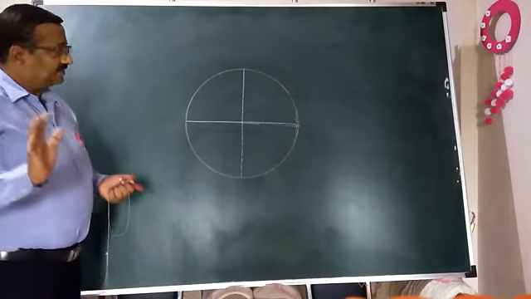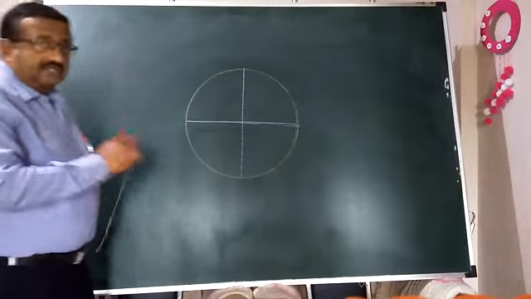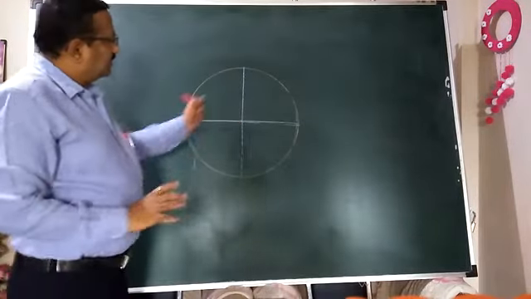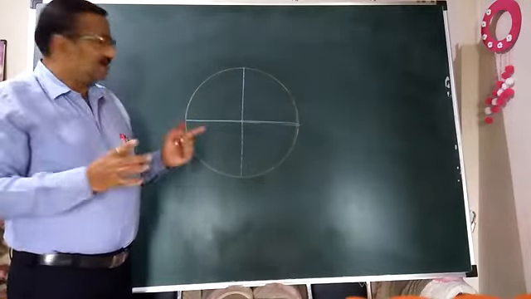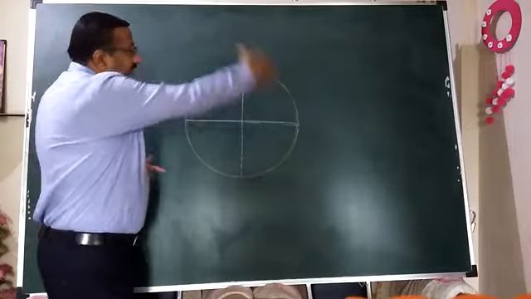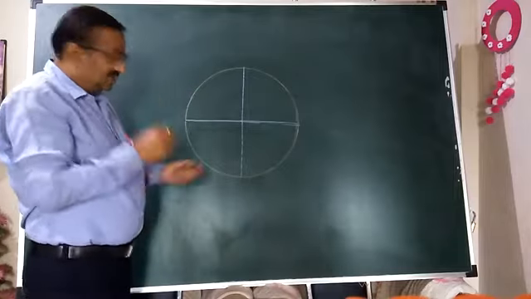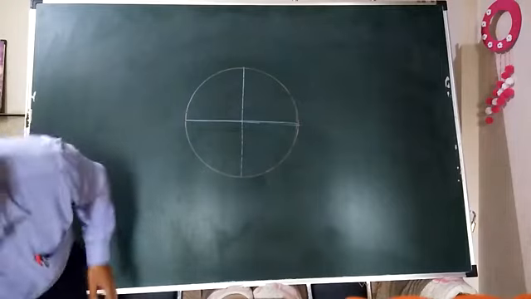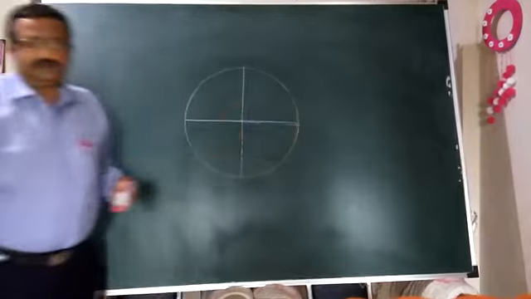Now what is the narration of this question? We have to circumscribe a square to a circle of 40 mm diameter. It is asked to circumscribe it by a square. Circumscribe means what? Just like putting a fencing about this circle, of square shape. The square should be outside this circle.